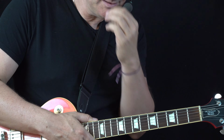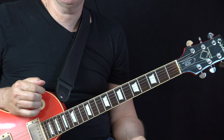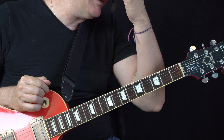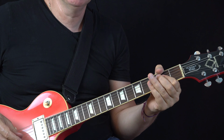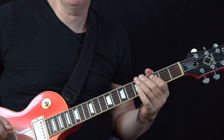Now comes the next. We need some kind of single note line somewhere, and the best point to put that is at the end of the riff, like when the A comes, and then kind of a 16th note run really works as a